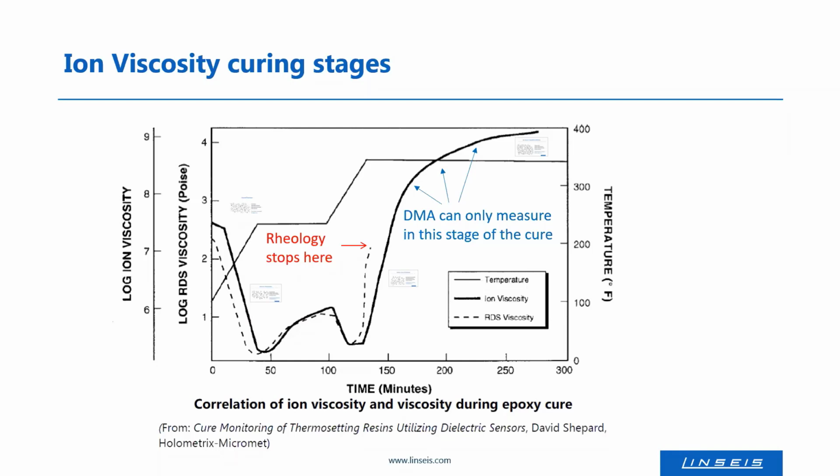And what you can see here in that figure is that these steps are temperature steps. So at the beginning, you heat up until you have a constant temperature here. The viscosities at the beginning go down